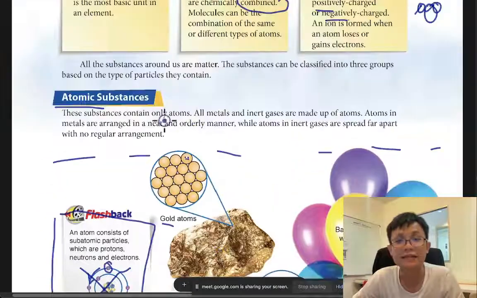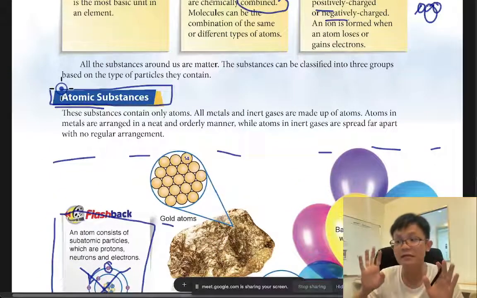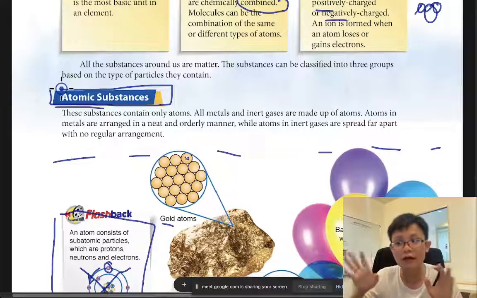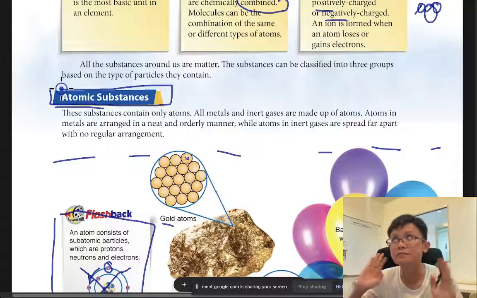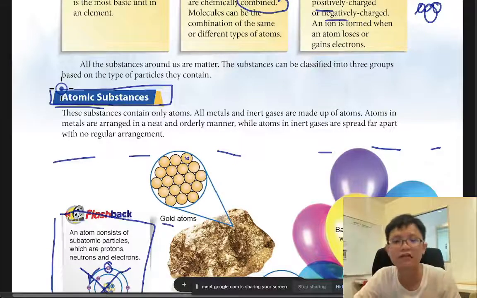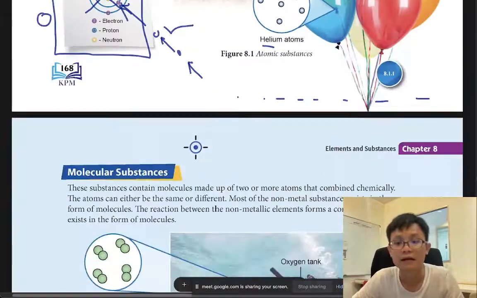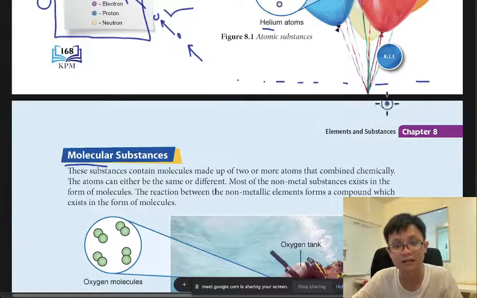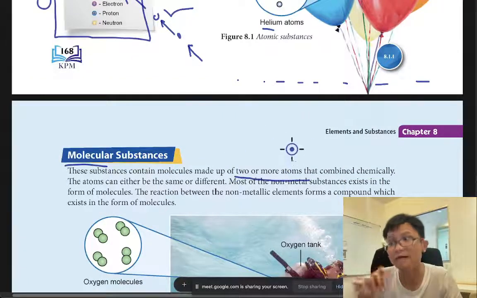Okay, yes, so this is the atom. But to make things simple, an atom is just an element. It's in your periodic table. Gold atom, carbon atom, oxygen atom, there's the atom. Just make it simple first. We don't want to go too deep. Then we have the molecule structure. As I mentioned, it is two or more atoms. So it's still atoms, but two or more.